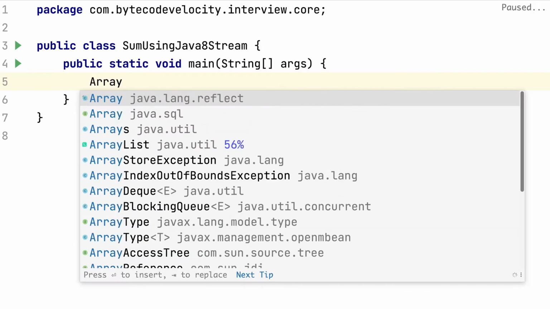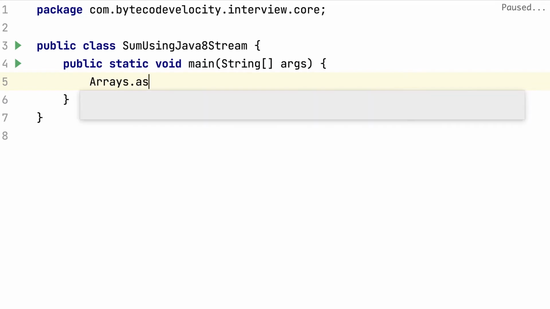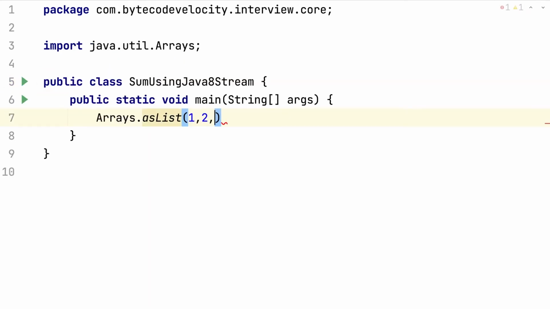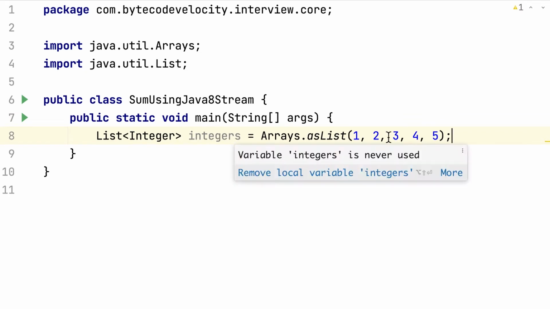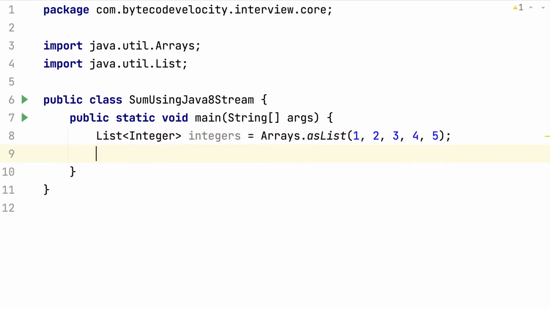So I'm going to create an Arrays.asList, with some values 1, 2, 3, 4, 5, and then create a list. So we have a list of integers here. The next thing, the first approach